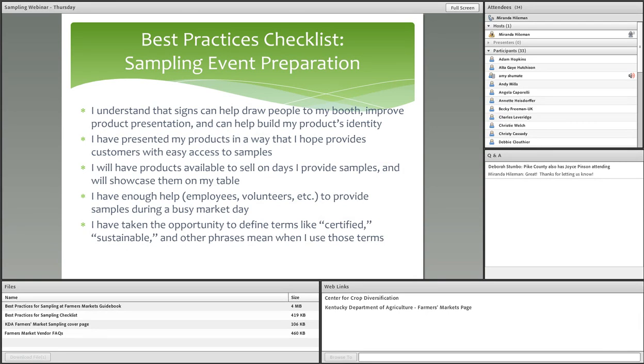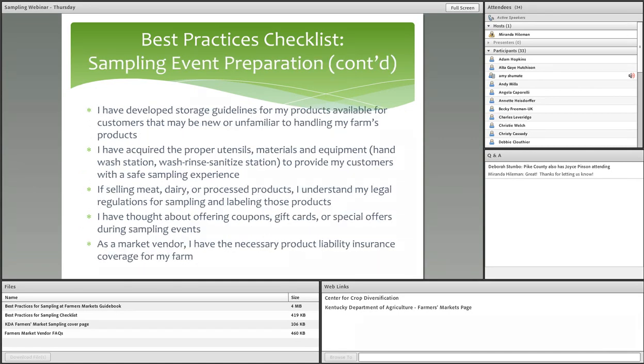And another thing is to take an opportunity to define terms that you're using: sustainable or certified, organic, naturally grown. Let people know how you define those and what those mean in your products. Also, make sure you let people know how to take care of your products once they take them home. Figure out how to store them. Make sure you have proper utensils and equipment. And if you're selling meat, dairy, or processed products, make sure you have your legal regulations in order. The same goes for raw products. So make sure you're up to date, you know what you're doing, and be prepared when you get out there